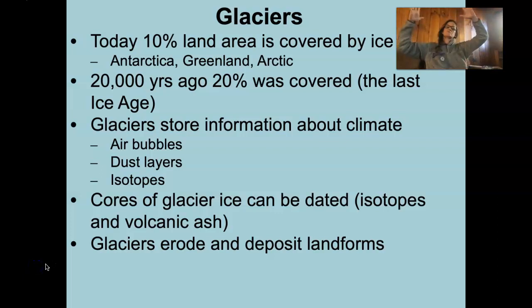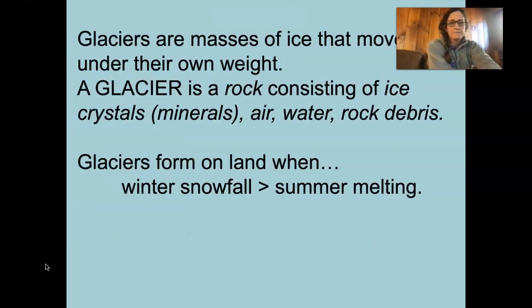When volcanoes spew their ash into the atmosphere, it gets blown around the world. And on glaciers, the ash is going to fall onto the surface of the glacier. Snow goes on top of that, and those ash layers are preserved over time. Glaciers also, because of their immense power of erosion and then deposition of sediment, leave behind a geologic history of that area with respect to the climate.